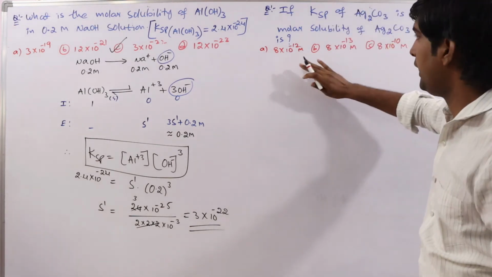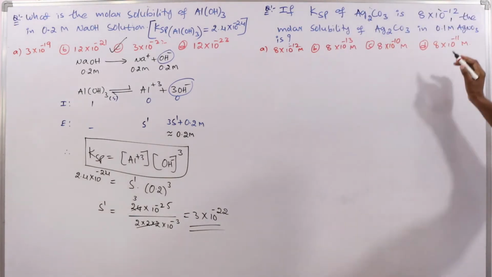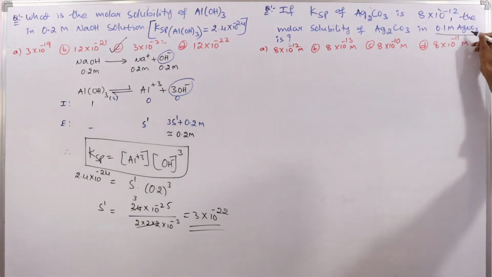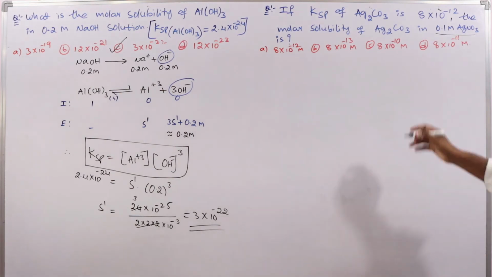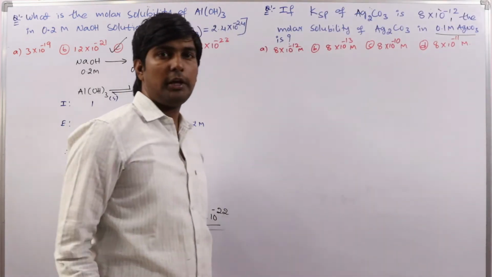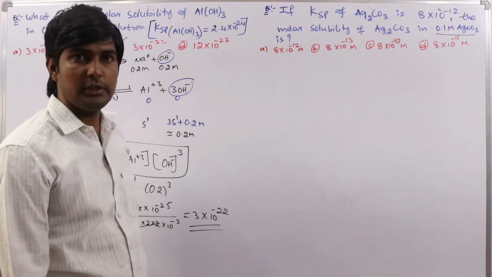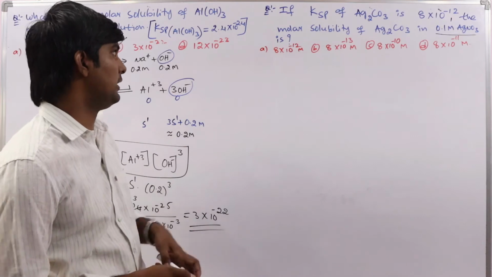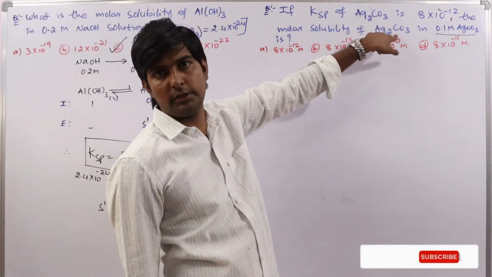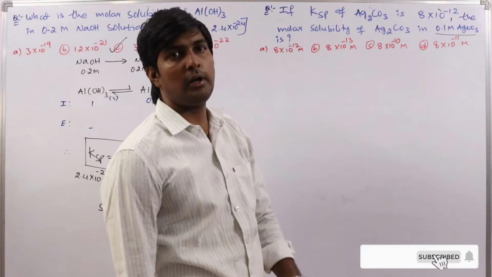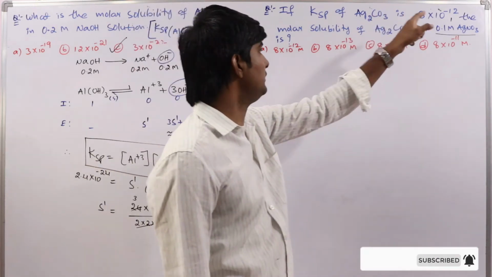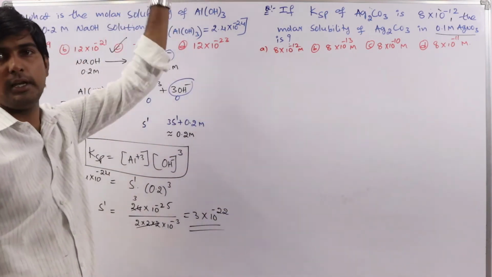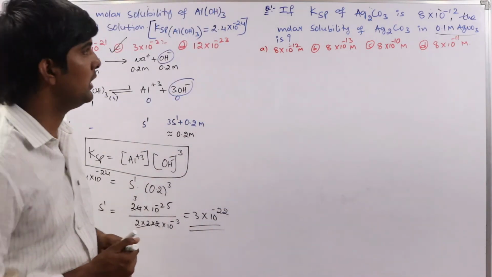Okay, so here again same story like this case. In these two, which is the strong electrolyte? This is the strong electrolyte, AgNO3. And this is the weak electrolyte. Very simple. How can you identify which is strong, which is weak? Whose solubility we are going to calculate, that is the weak electrolyte. They ask you to calculate the solubility of Ag2CO3. So this is the weak electrolyte, in the presence of which substance? AgNO3. So this is the strong electrolyte. In this way you can easily identify which is strong, which is weak.